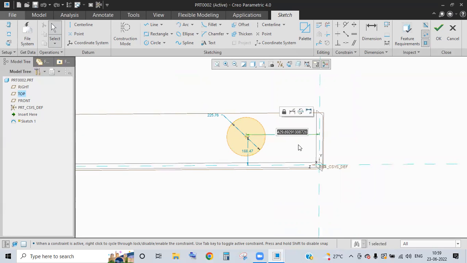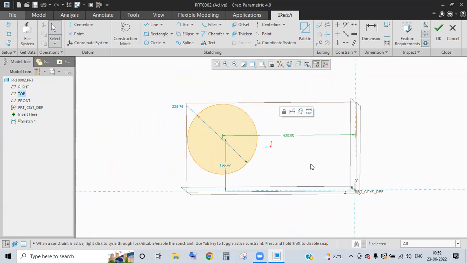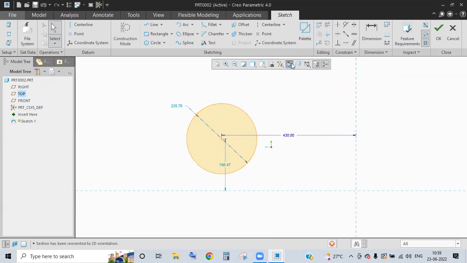See, I'll be typing it to be 230, or 430. If you see my screen, my plane is a little bit out. It is not perfectly parallel to my screen. So I'll come here and click on the view. Automatically it will be, you have a shortcut for it,